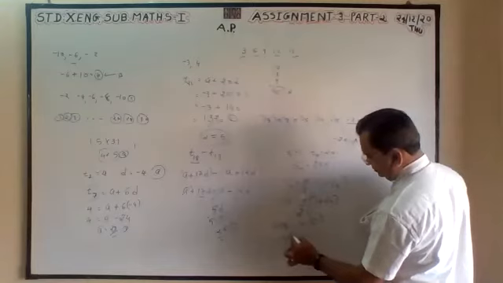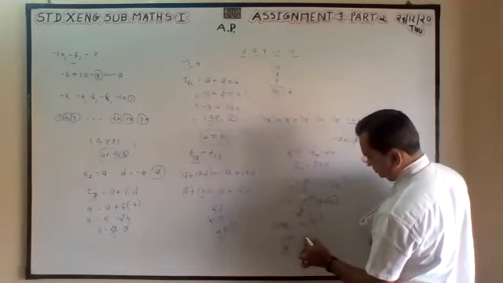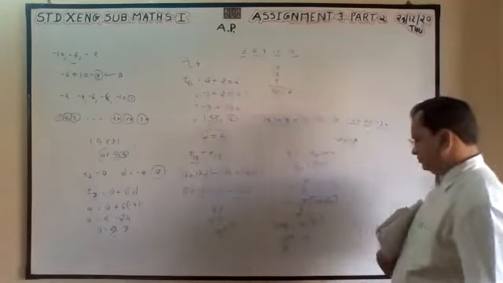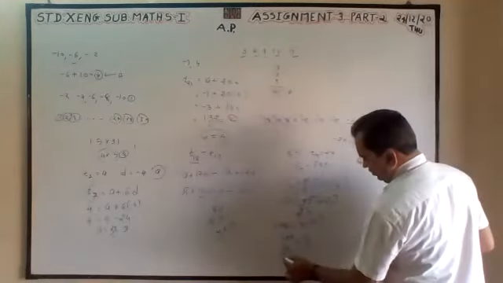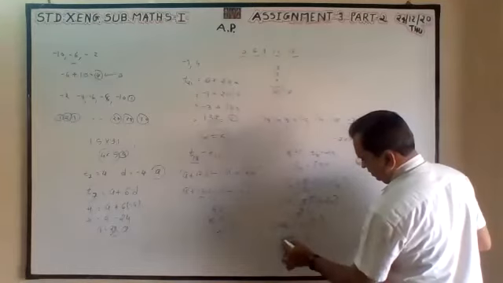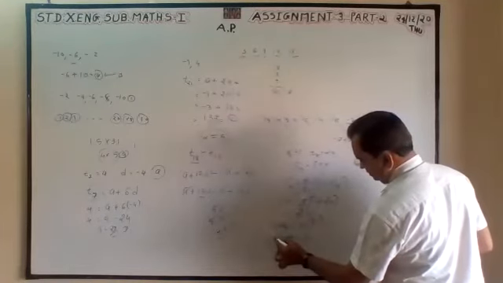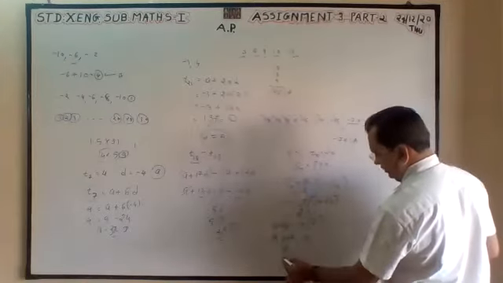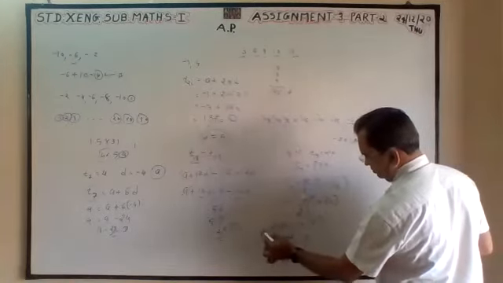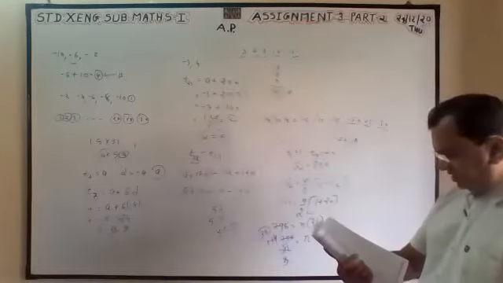Divide. With 7 you can divide. 7 3s are 21, 7 1s are 7, 7 1s are 7, 7 4s are 28. With 3 also you can divide. So n is 38.